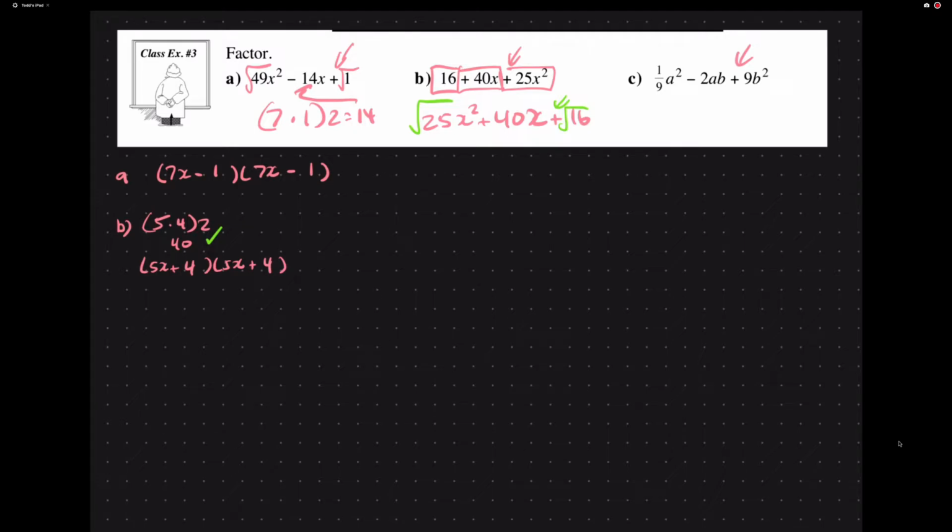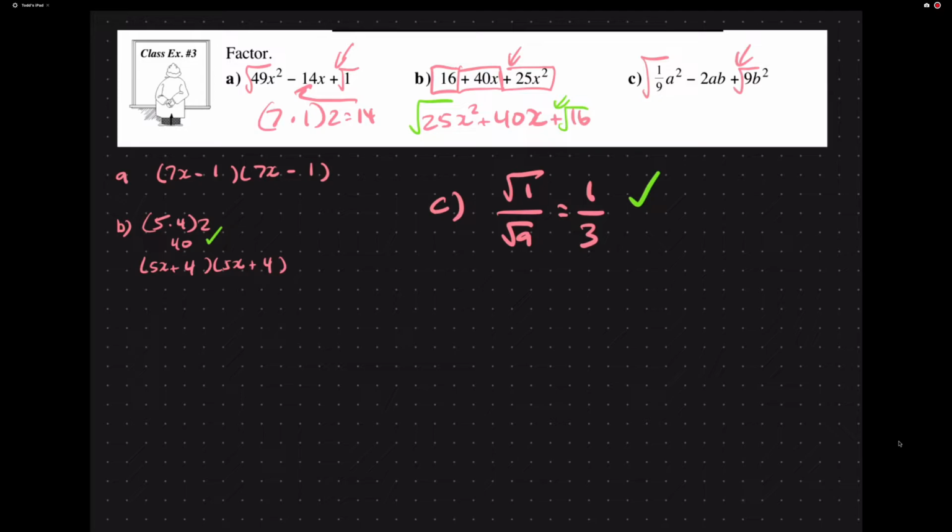Okay, so example C, they're just putting a fraction in there for us, but again, I can just check, is 1 over 9 a perfect square? Now remember from previous units this year, it's the same thing as the square root of 1 over the square root of 9. And we know the square root of 1 is 1 and the square root of 9 is 3. So yes, it is a perfect square. So it seems to follow all the